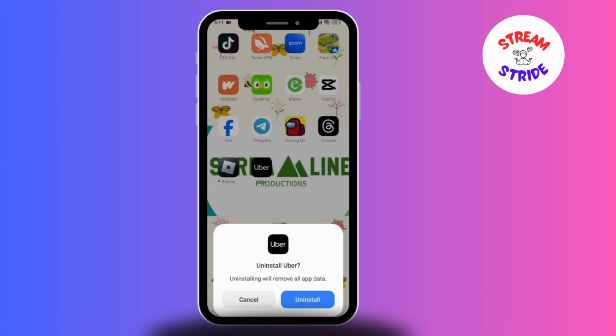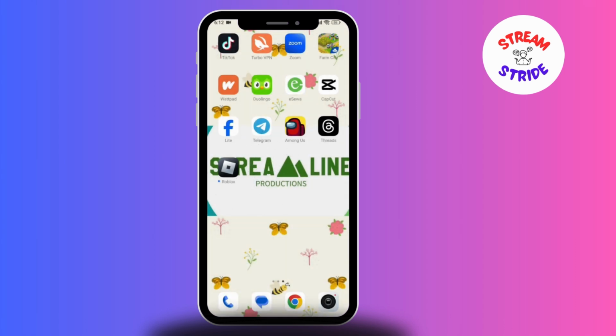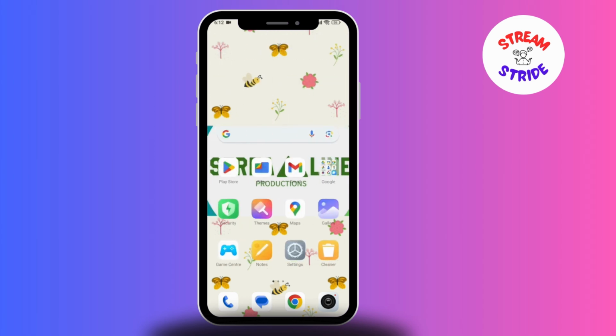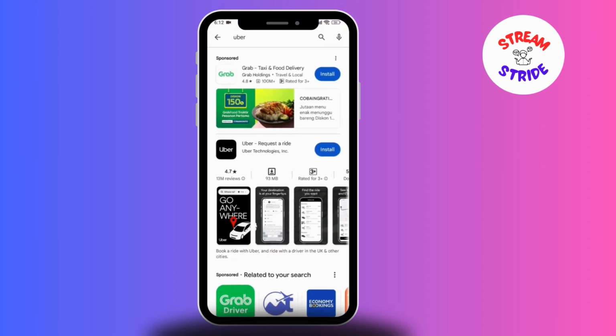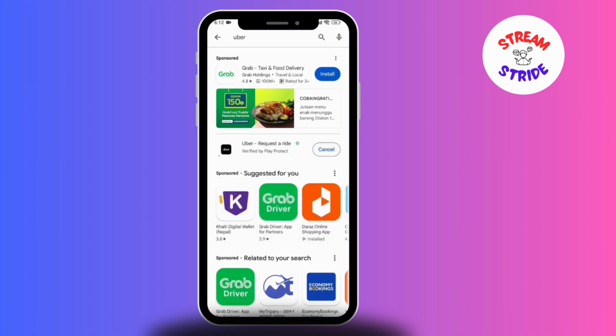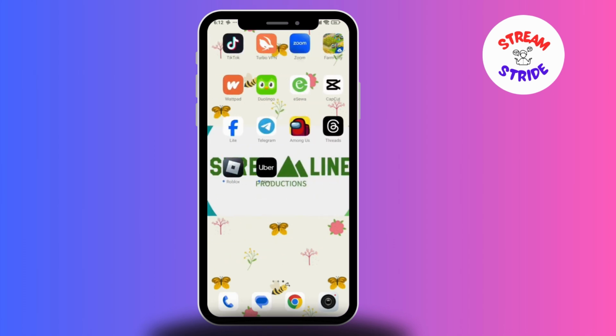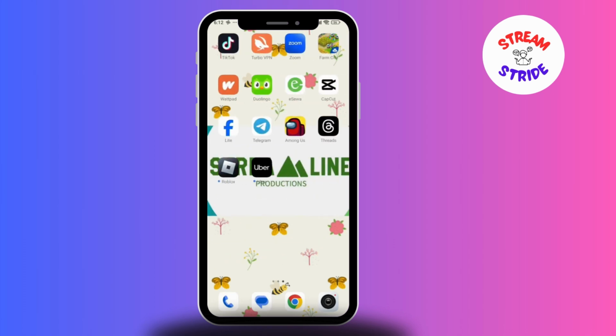Click on the option of uninstall. Now as you can see, the Uber app has been successfully uninstalled, and then here again you have to go to the Play Store and then search for Uber app. Now here you need to again install the Uber app in order to make it work successfully and without any errors. So after the Uber app gets successfully installed, you can see that there is no problem while using the